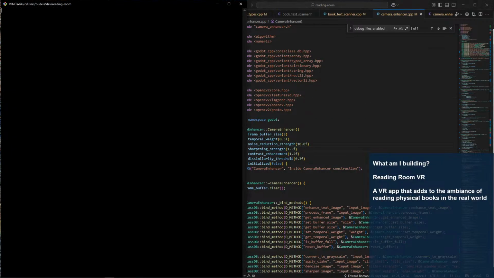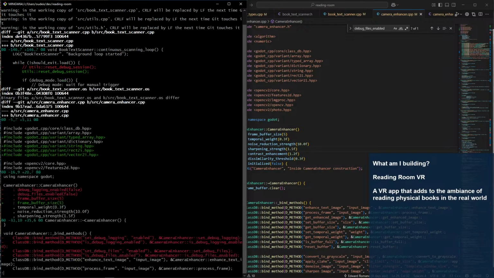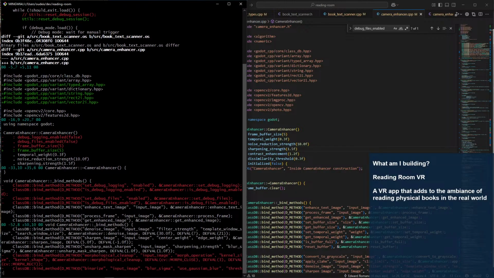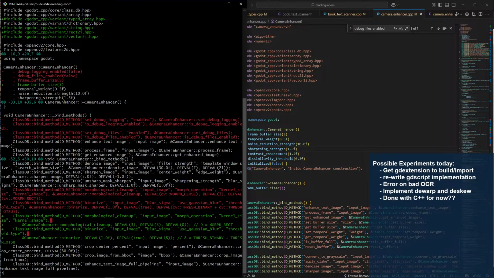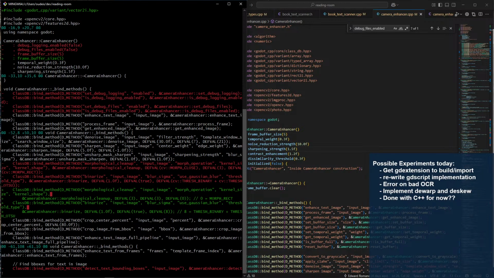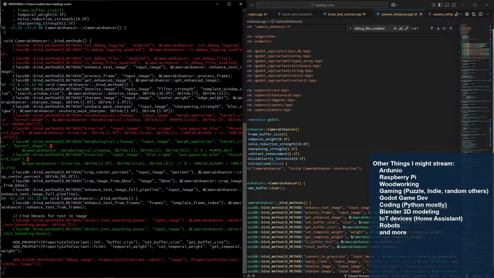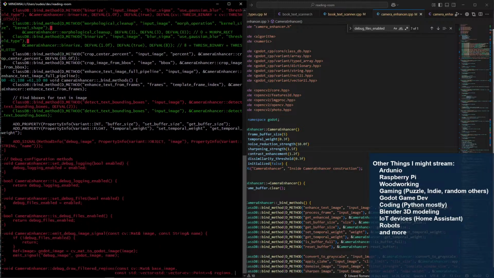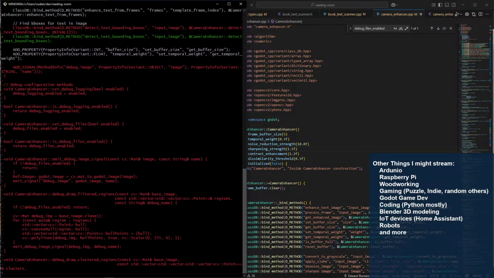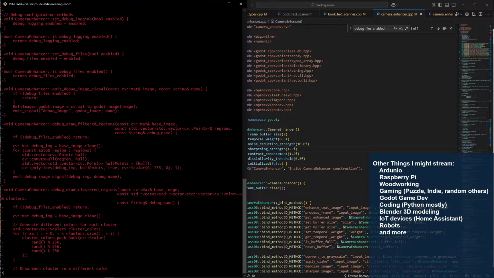So let's do a clear, and let's do a diff on this. On the source directory, and let's go a little slower. So we've added some imports. We got rid of these declarations at the top. Got rid of the signal, got rid of those things.